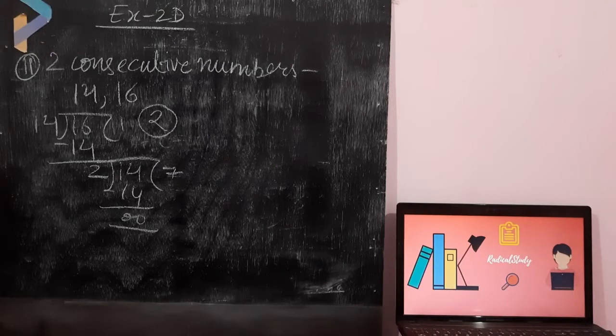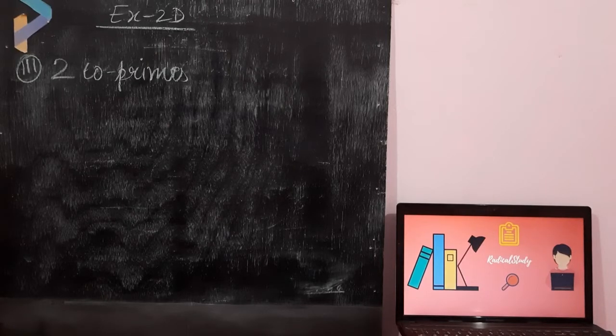Now I am going to solve the third option, we have to find out the HCF of 2 co-primes. So please pay attention, students. So students, now we have to take 2 co-prime numbers and we have to find out the HCF. And we all know what co-prime numbers are. The co-prime numbers are the numbers which do not have any number apart from 1 as their HCF. यानी कि उनका HCF सिर्फ 1 होता है. ऐसे ज़रूरी नहीं है कि वो prime number ही हो. They can be even, odd. बस the only condition is that उन दोनों का जो highest common factor है that should be 1.